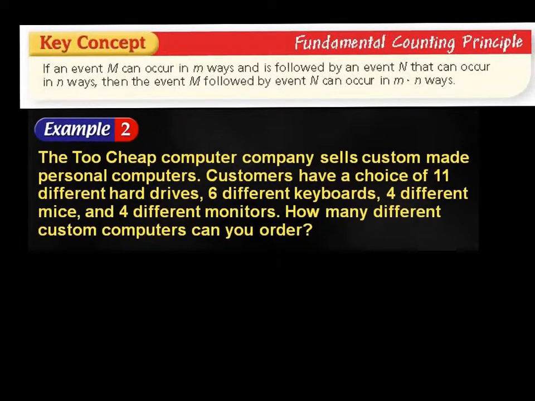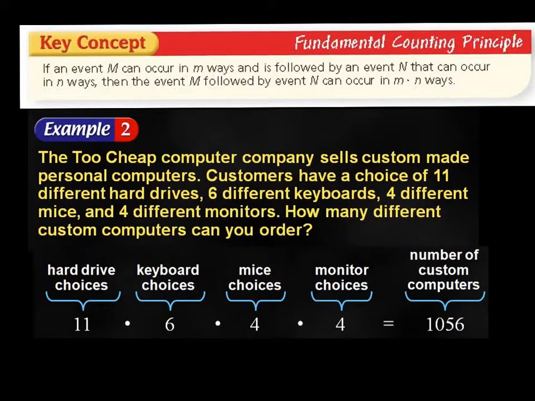Two cheap computer companies sell custom-made personal computers. Customers have a choice of 11 different hard drives, 6 different keyboards, 4 different mice, and 4 different monitors. How many different custom computers could you possibly order? Well, if we multiply the number of choices for hard drive times keyboard times mice times monitor, we get 1,056